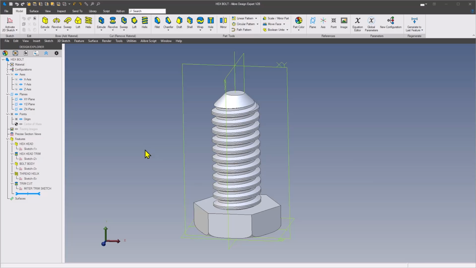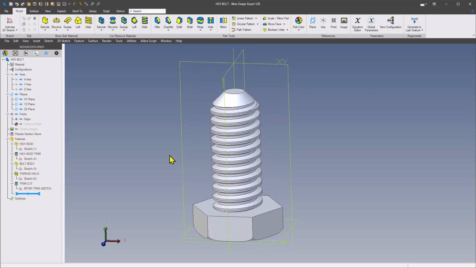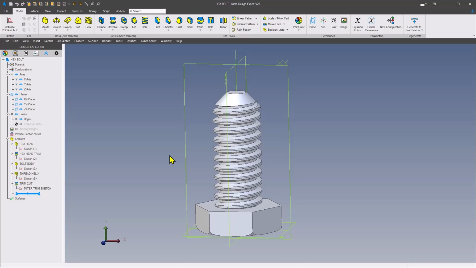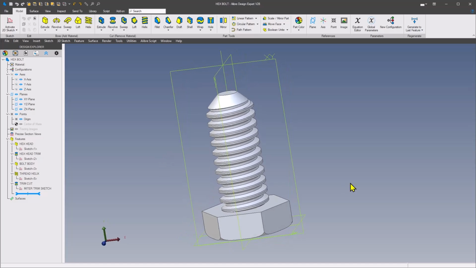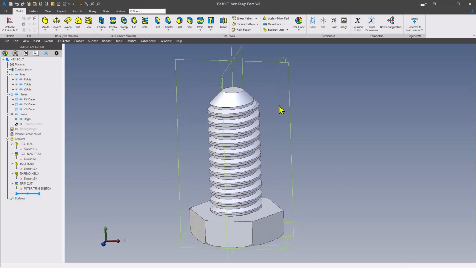Alright, welcome to this video on creating a hex nut to fit onto this hex bolt. This is a continuation of the prior video showing how to create a nut and bolt assembly based on a tutorial that TooTallToby did using Onshape. Now, the workflow for this nut creation is going to be slightly different than what Toby used in his video